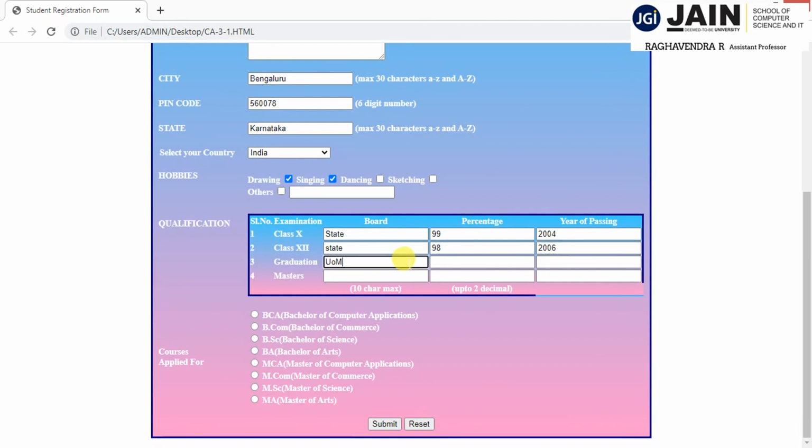University of Mysore I'm taking. Mysore University 97, 2009. Again I'm taking Mysore University, 96, as 2012. Okay, I'm selecting which course I want to apply. I want to apply for Master of Commerce.